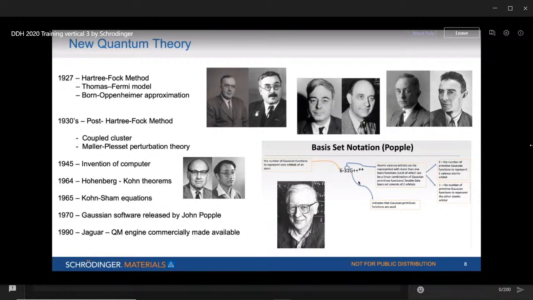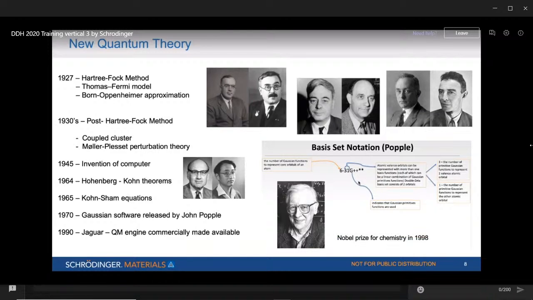Then in 1964, these two gentlemen, Hohenberg and Kohn, came up with a theorem where they can solve the quantum mechanical theory for a bigger system, a molecular system. That led to density functional theory calculations being simplified and then doable in computers. Then in 1970, the first computational software came out, by John Pople. This particular gentleman got a Nobel Prize in